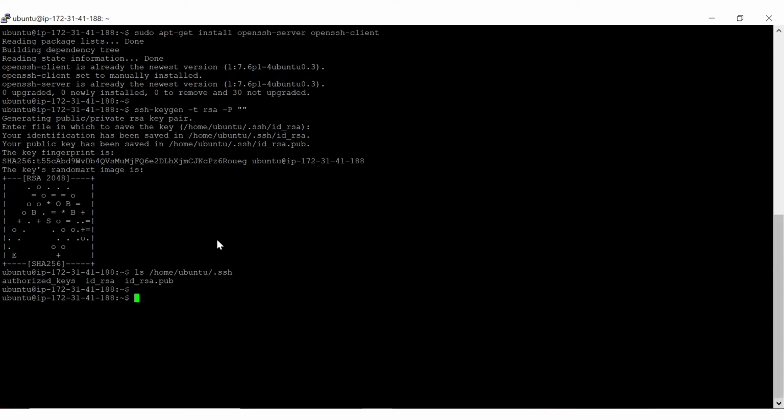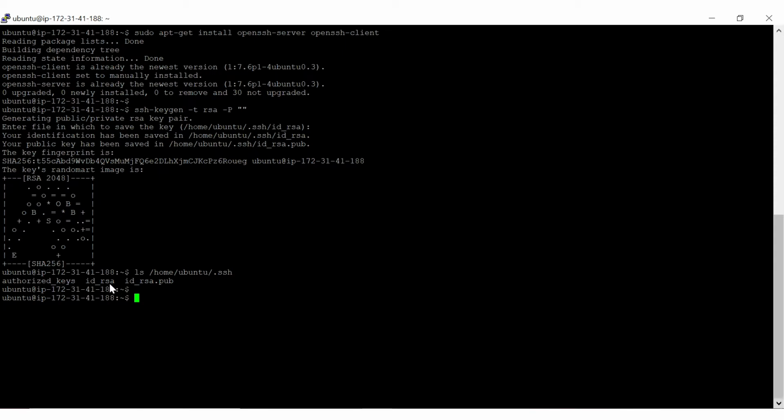Now we need to add this key to a file. If you look at this location, /home/ubuntu, there is a hidden folder called .ssh. Inside that, the private key is created, which is id_rsa, and then you have another file called authorized_keys.